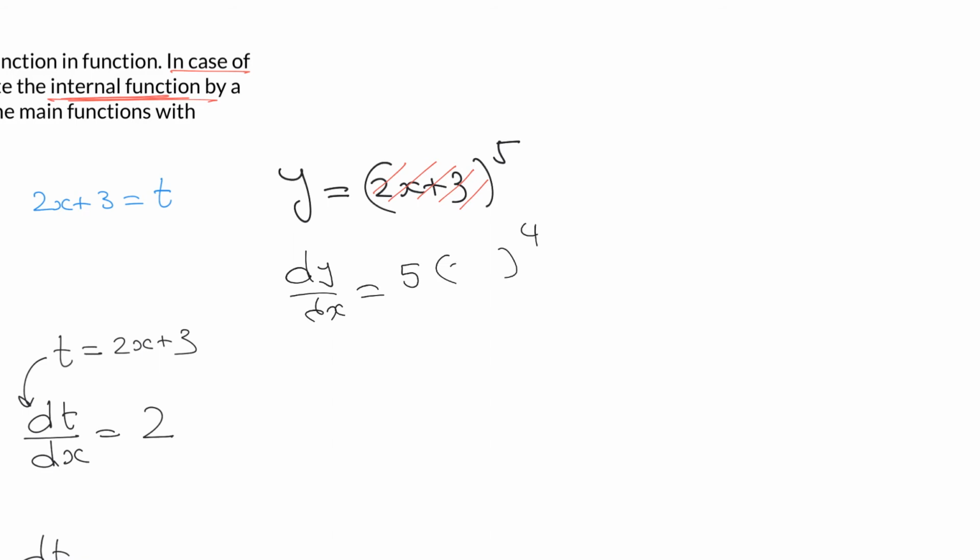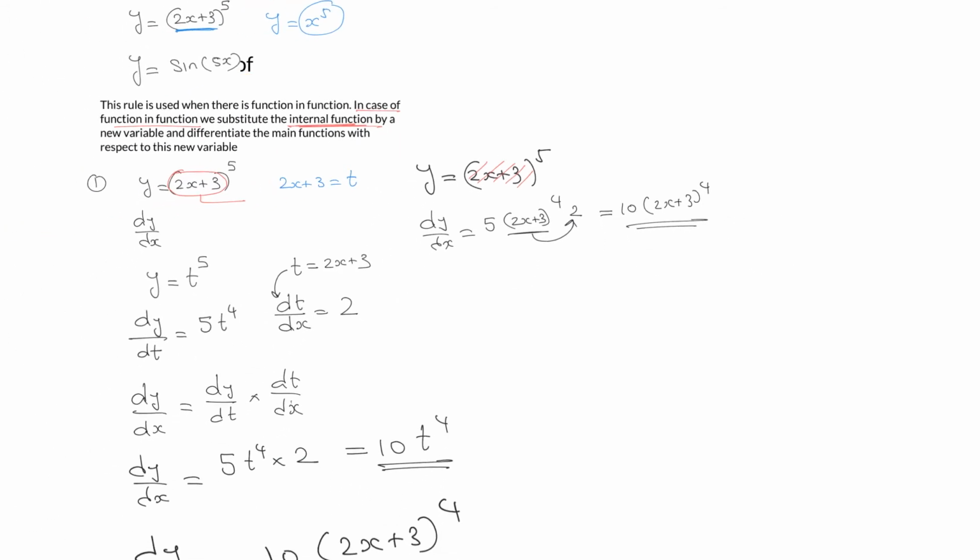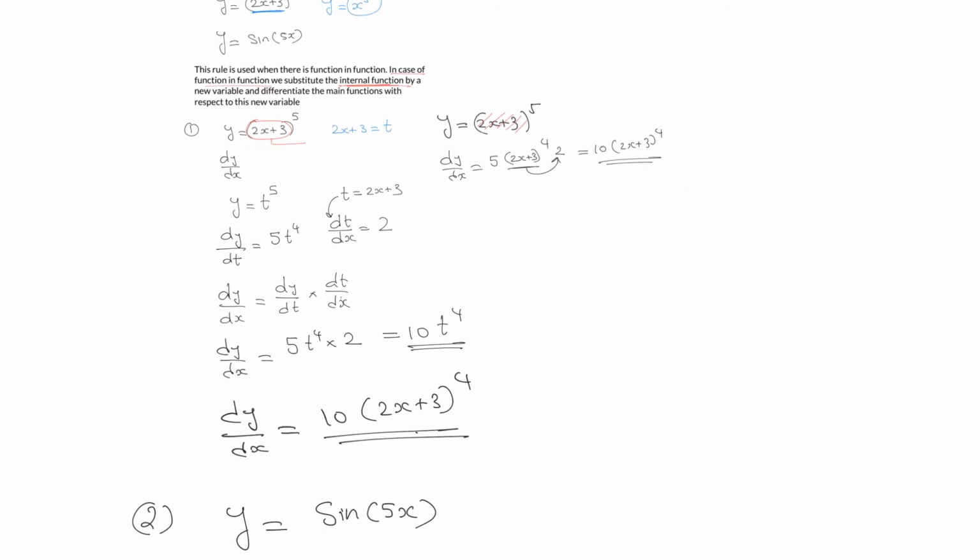But over here the x is nothing but 2x plus 3. Now the internal function, what you have to do is just differentiate this internal function and multiply it over here. So differentiation of 2x is nothing but 2. So we can write the final answer will be equal to 2 into 5, which is 10 into (2x plus 3) raised to 4. So we can directly find out this answer without doing much calculations.